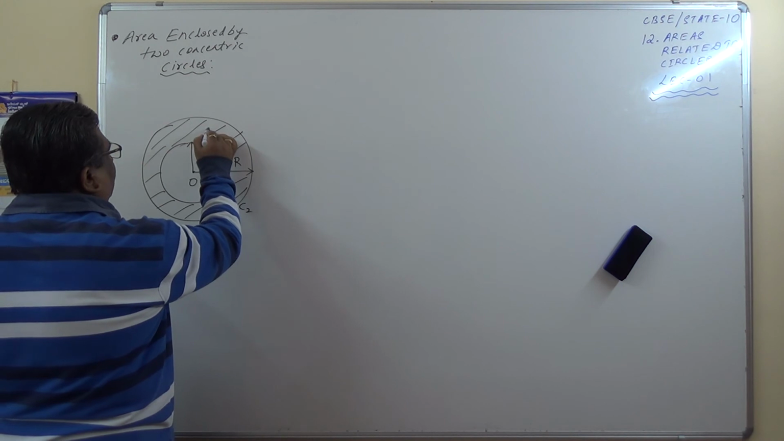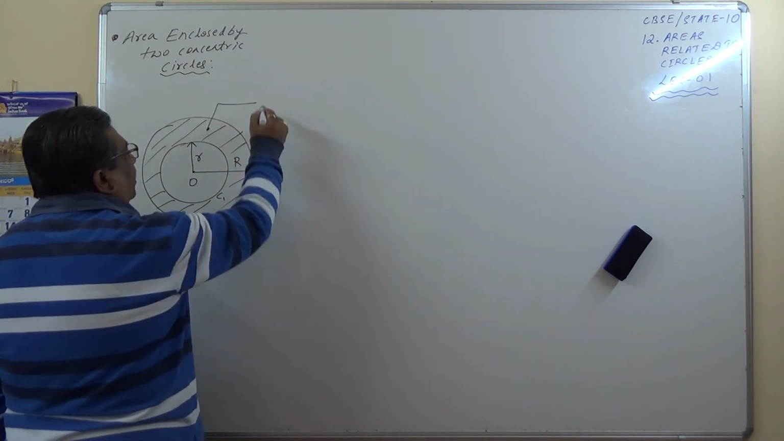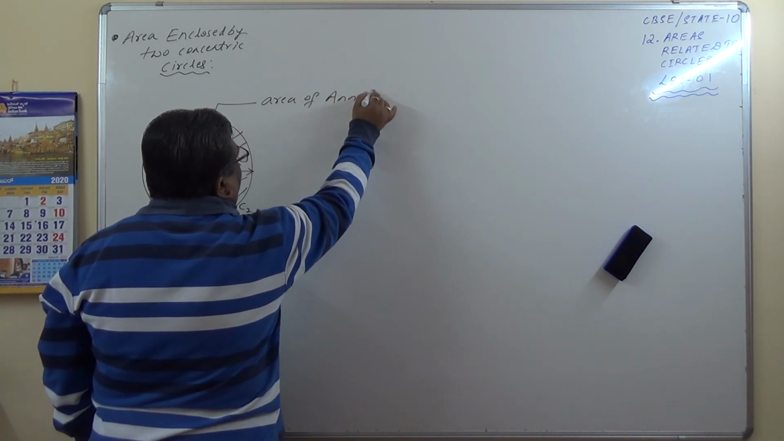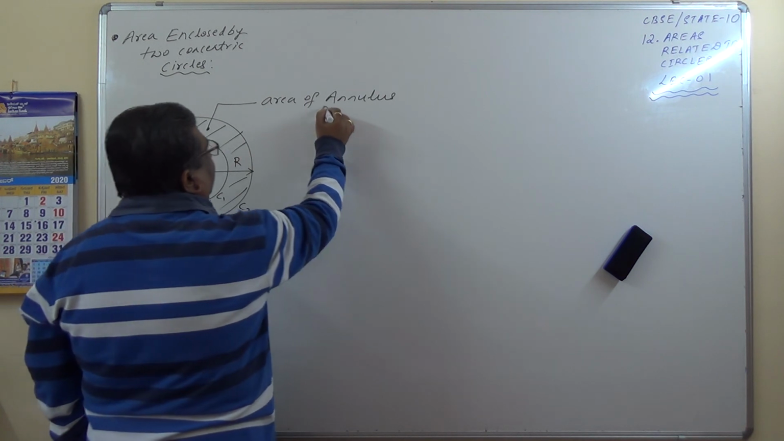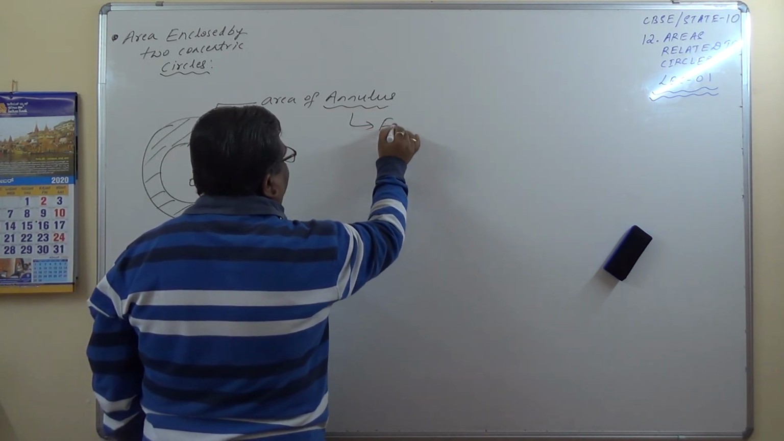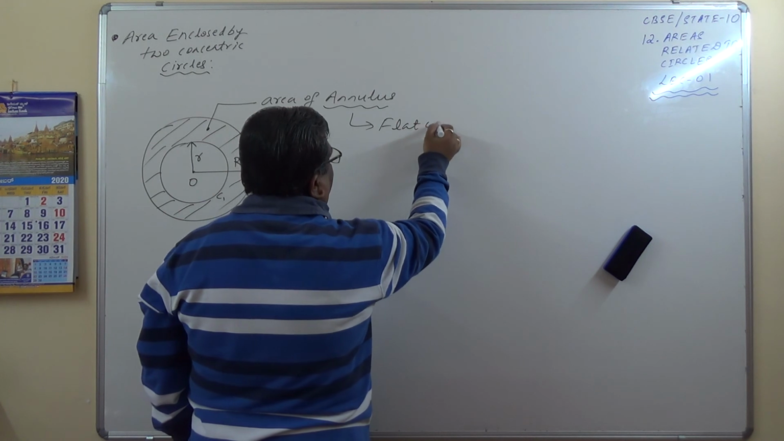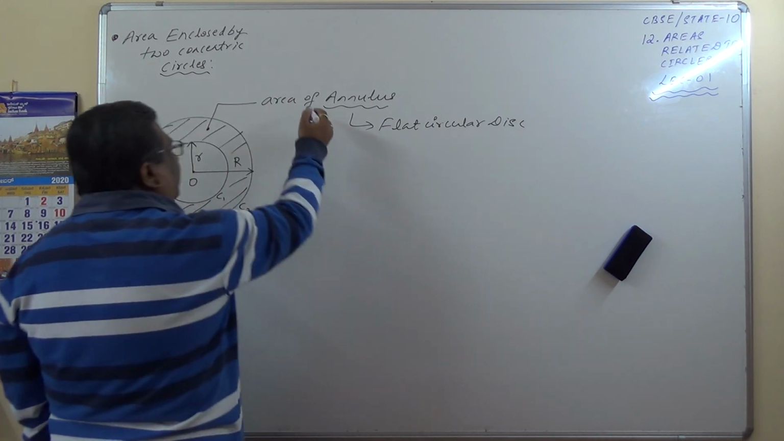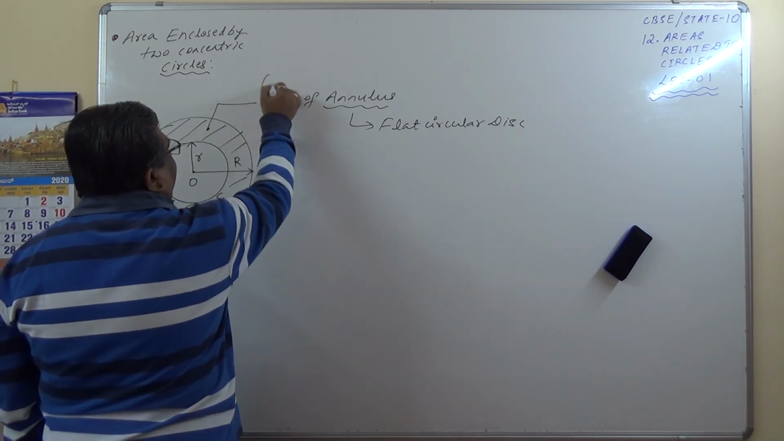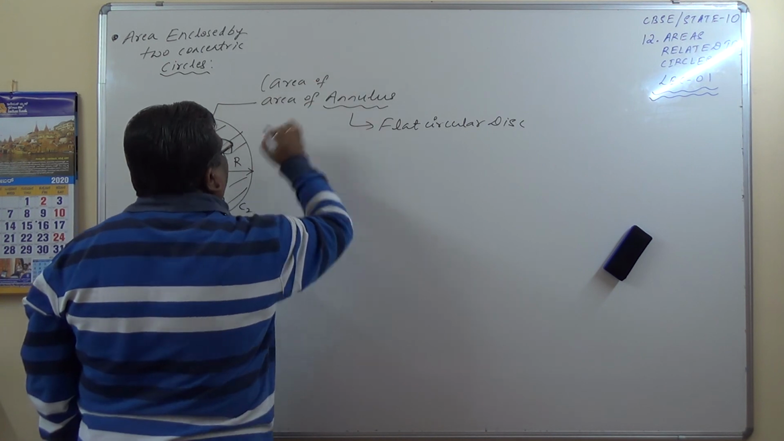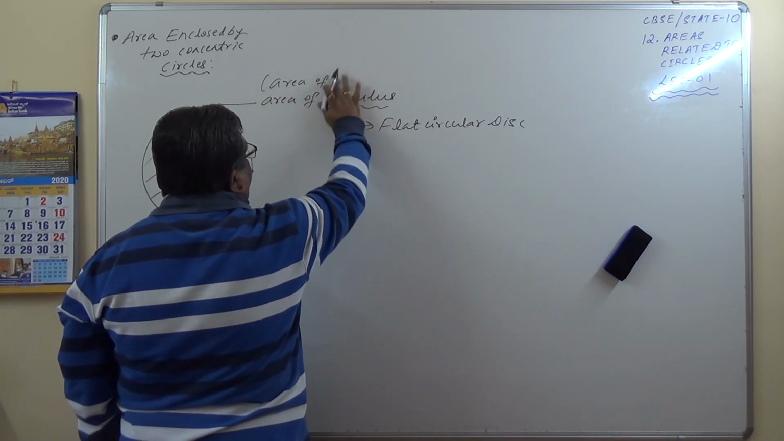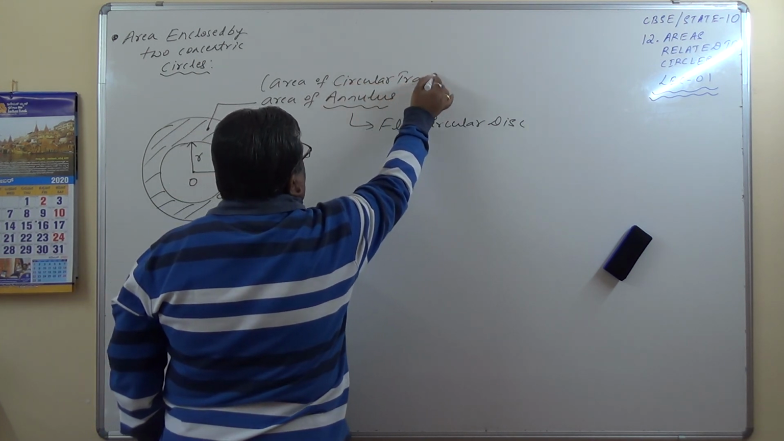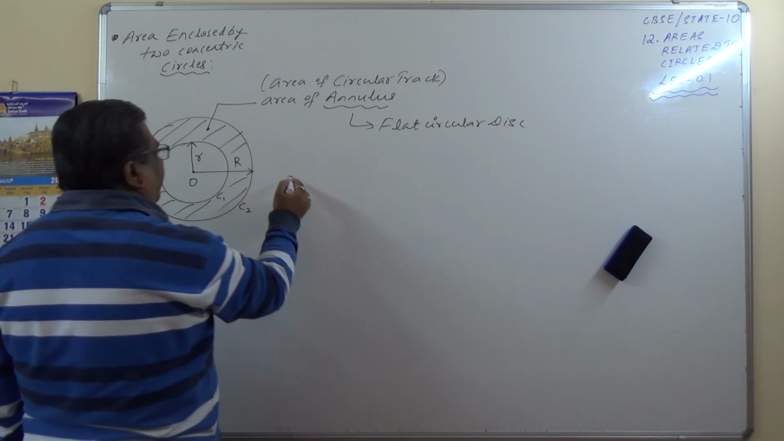This area is also called area of annulus, ANNULUS. What is annulus here? Basically, annulus means it is a flat circular disc. It is also referred to as area of a circular track, and therefore area of the annulus is equal to